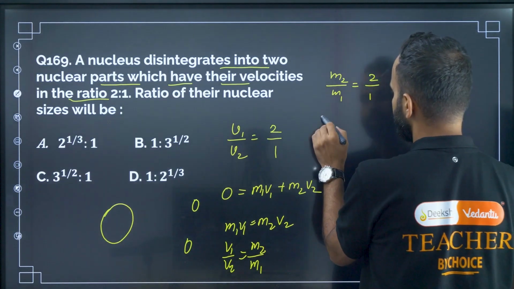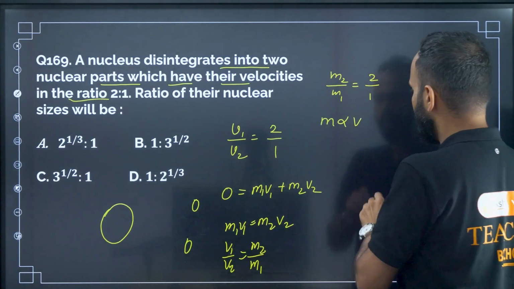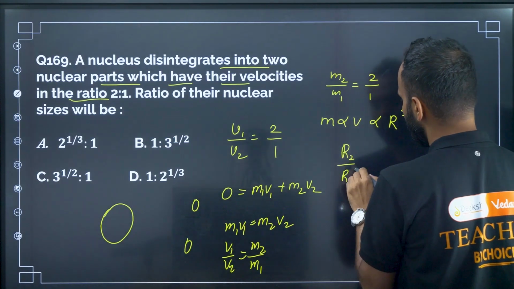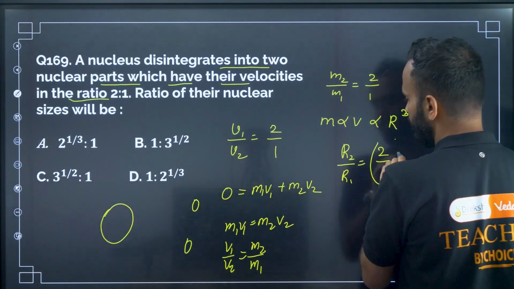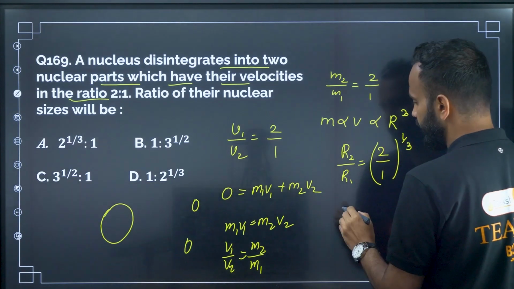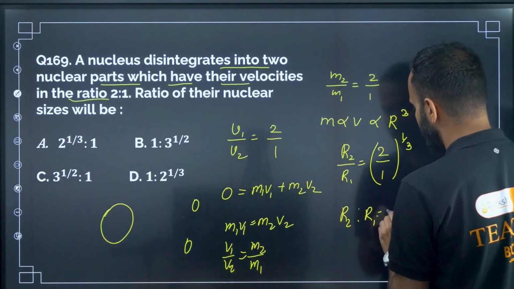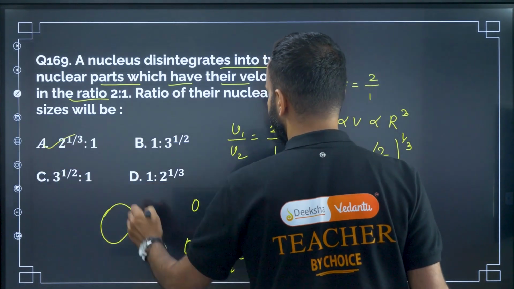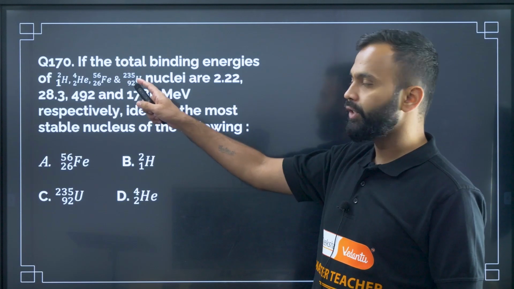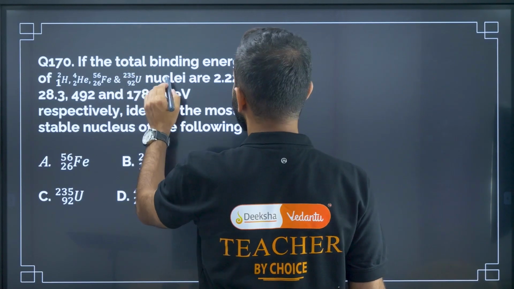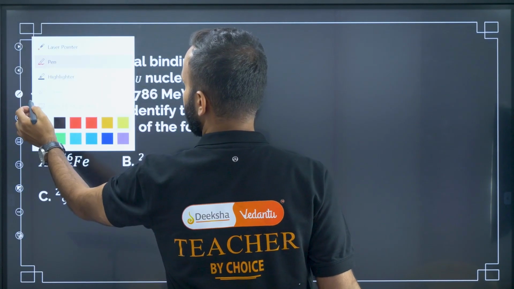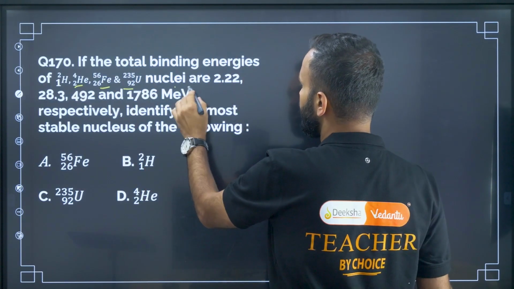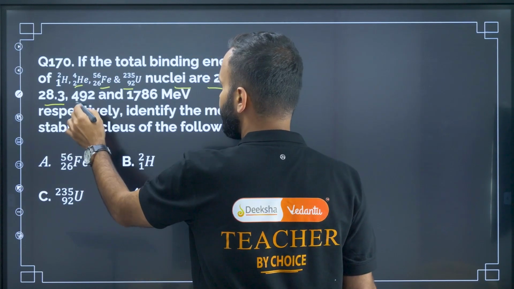We know that mass is directly proportional to volume, and volume is directly proportional to r cube. So r2 by r1 is equal to 2 by 1 to the power 1 by 3. So r2 is to r1 is equal to 2 to the power 1 by 3 is to 1. So the correct option is A. Question number 170. If the total binding energies of deuterium, helium, iron, uranium nuclei are 2.22, 28.3, 492 and